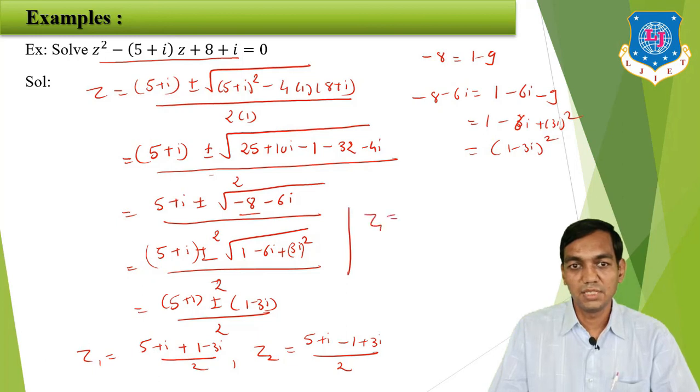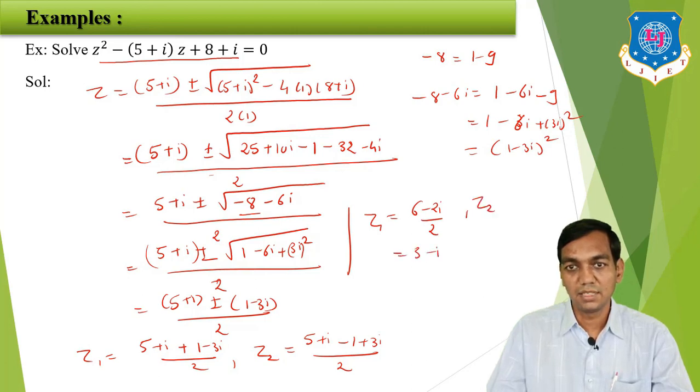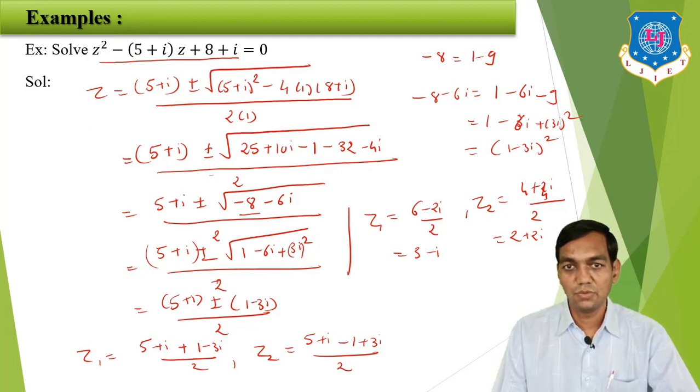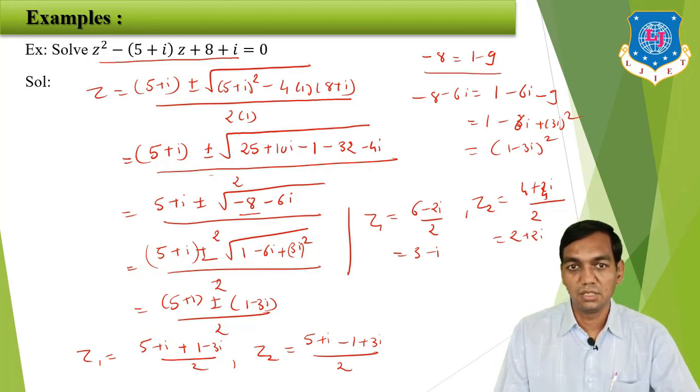That will give you z1 is equal to 6 minus 2i by 2, that means 3 minus i, and z2 is equal to 4 plus 4i by 2, and that will be z2 is equal to 2 plus 2i. So these two, z1 and z2, are the roots of this equation. Here, in case of under root, you have to adjust the term and make it a whole square. This is the method. Then,